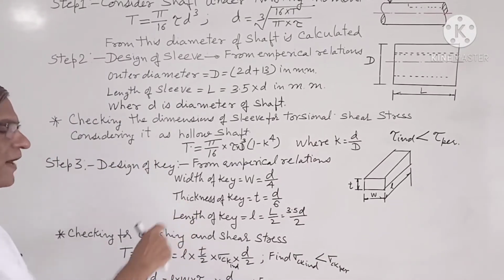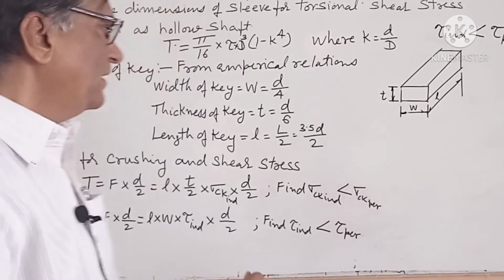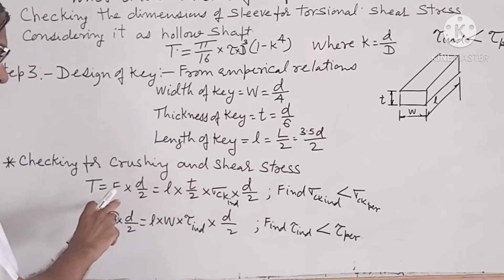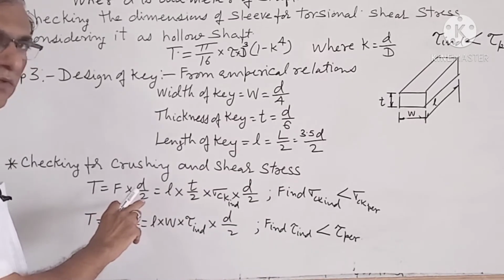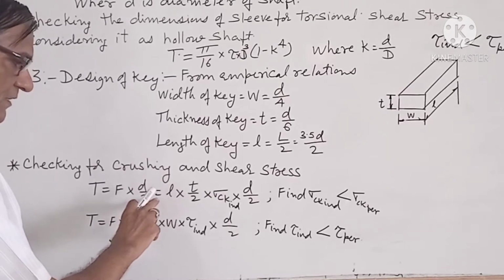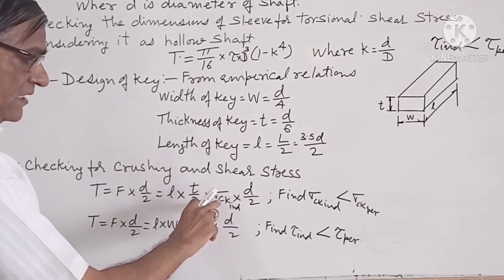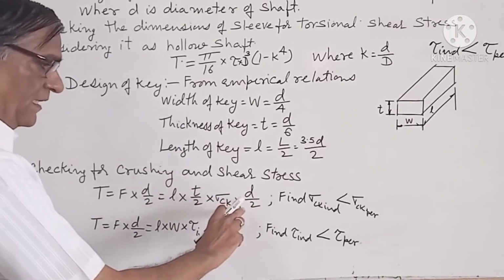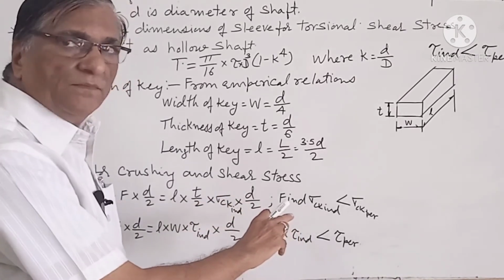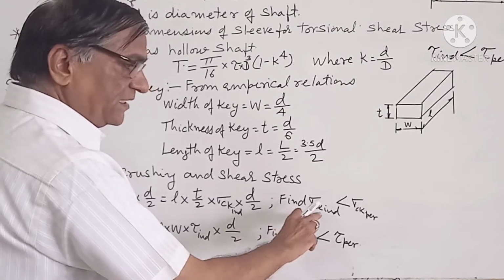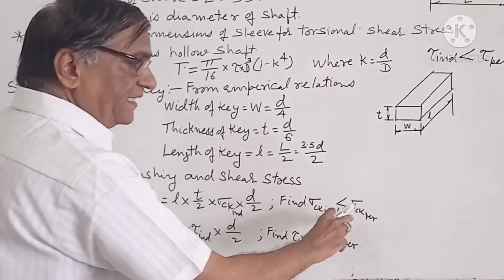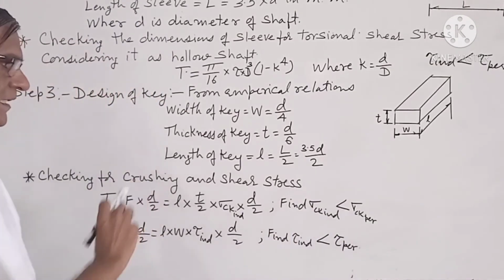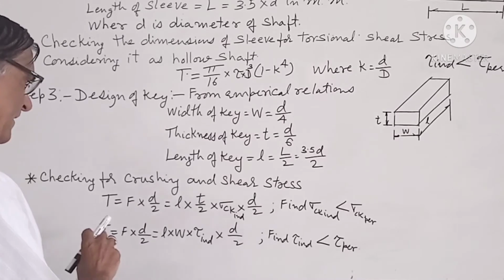And then after finding the dimensions, the key is checked for crushing and shear stress from the formula: torque is equal to force, tangential force, into radius, that is d by 2, that is equal to L into t by 2 into sigma ck induced multiplied by d by 2. From this equation we will find the sigma ck induced, crushing stress induced in the key, and that should be less than sigma crushing permissible. Then the key is safe in crushing. Then we will find out